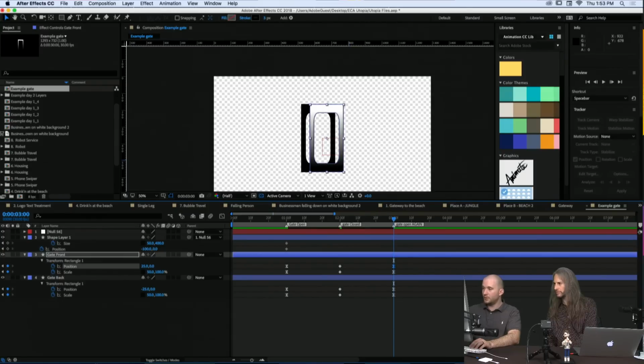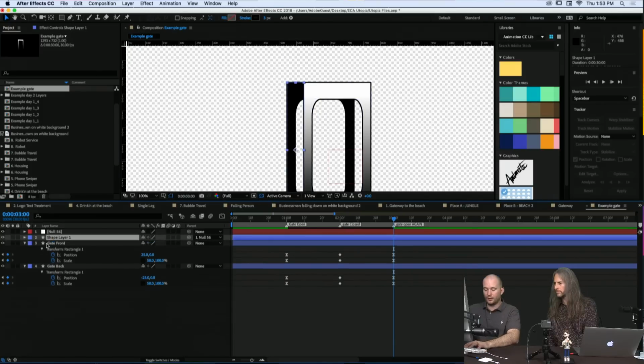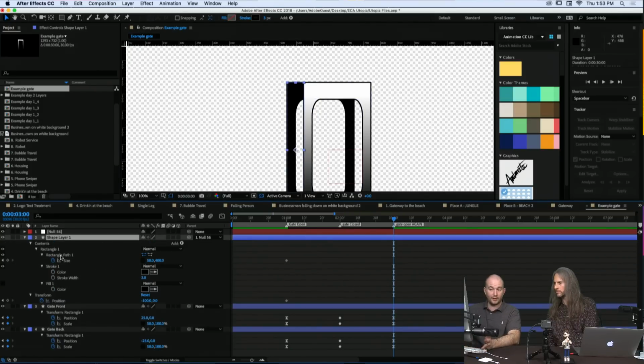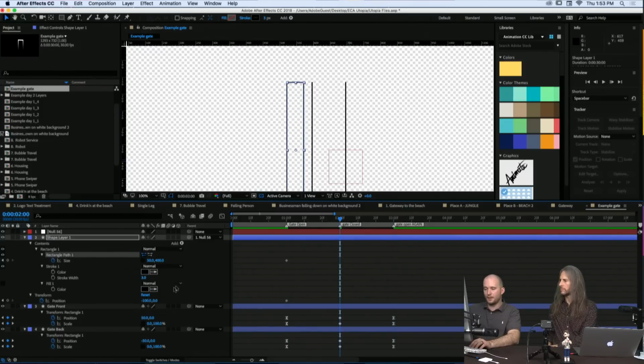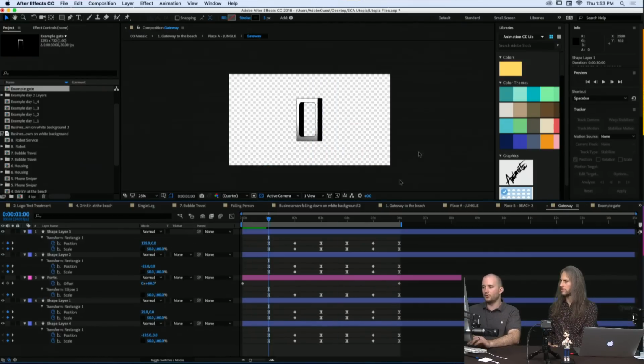So it all works out. Now we need a wall that follows along with that kind of motion, so its position is going to change, its size is going to change. So the position, and also I created